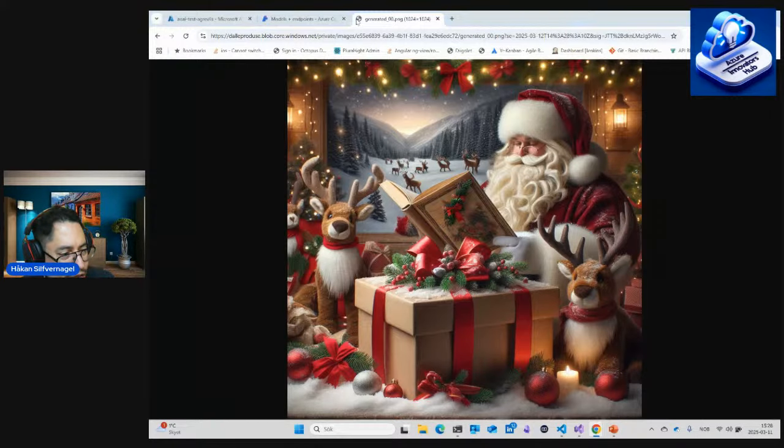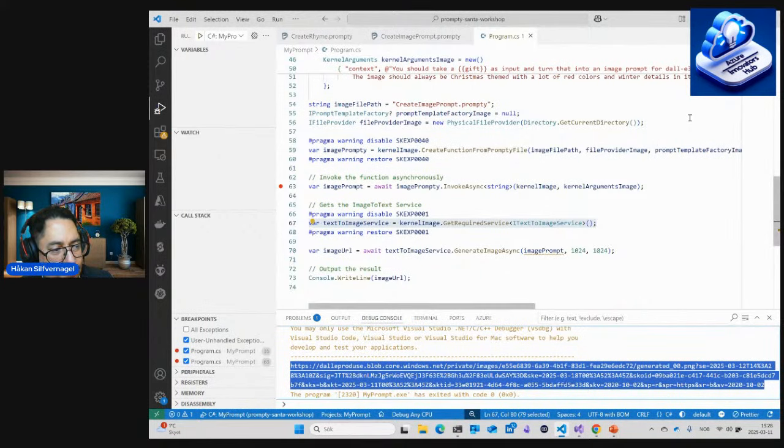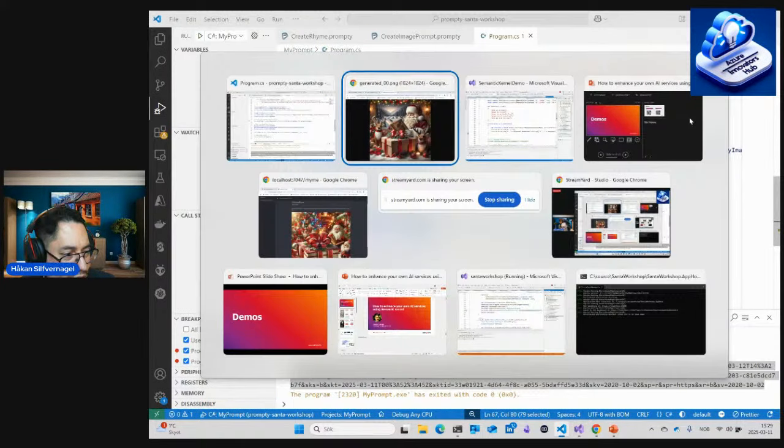So then what I would like to show you here is that now we have shown how we can use Visual Studio Code together with Prompty and together with semantic kernel in order to do some rapid prototyping for our application. And then I would like to show you also how we can use these things that we have prototyped and put it into a larger project. So if I switch over here to Visual Studio,